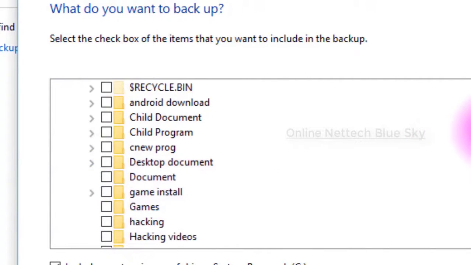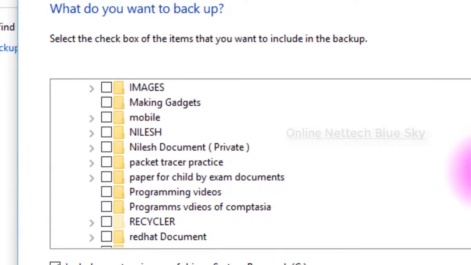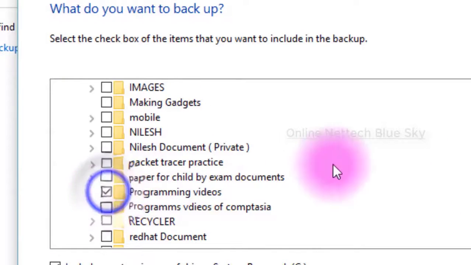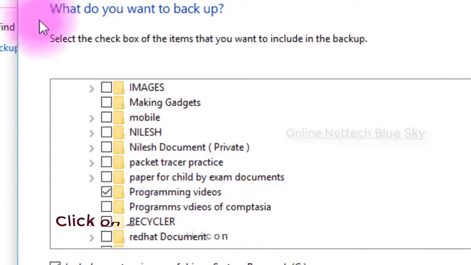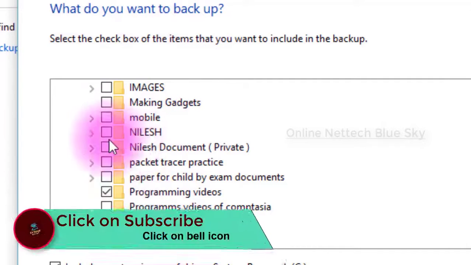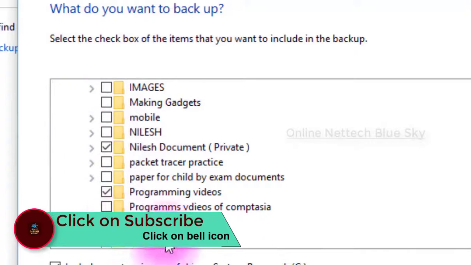First, it shows what you want to back up here. This is programming videos, and the second is my other documents. You can see two folders I will back up.